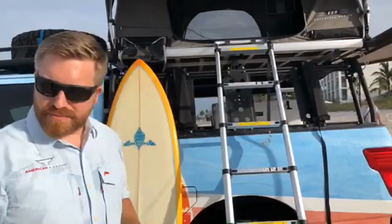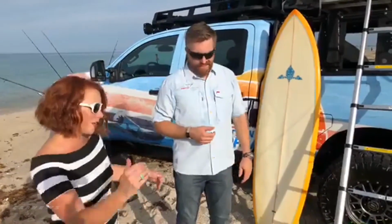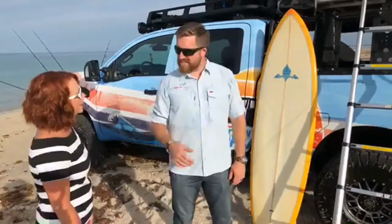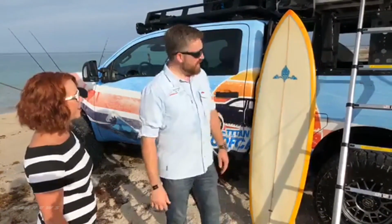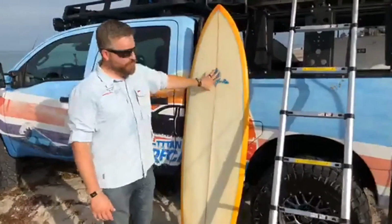I can't believe it's actually a remote control. I just think that's the coolest, because then there's no climbing around. It just powers right up, get to the beach, power up, and you're done. Exactly, a 2-minute setup, and you're ready to go. Amazing. The other things that we have are some mounting locations for your surfboards, paddle boards, whatever else that you're going